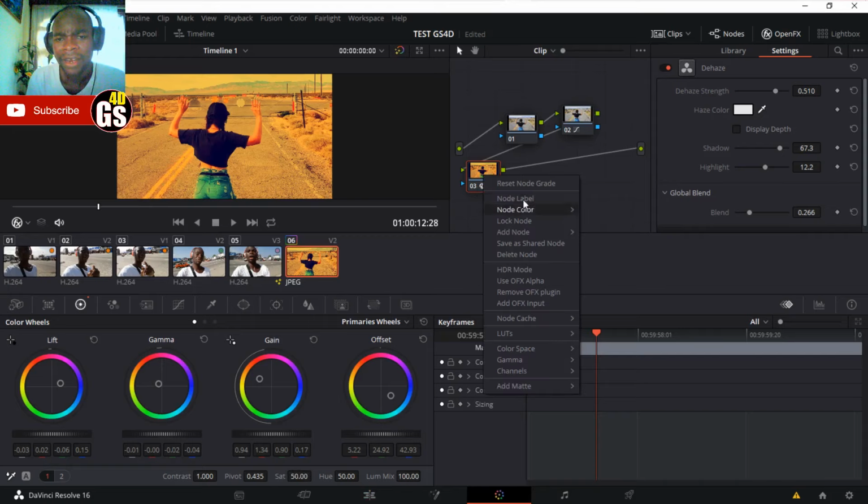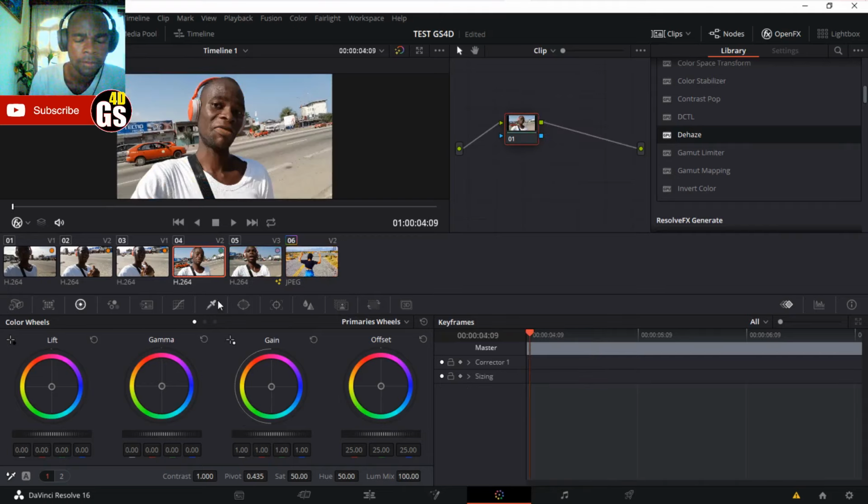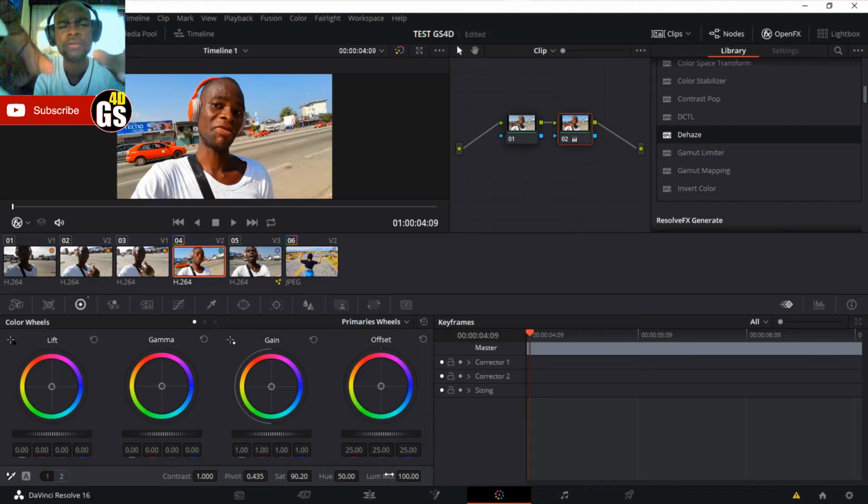You can also reset your beautiful nodes, and you can add directly here saturation, or you can choose this. This is like black and white. You can add a new node, add the S for your new node, select your new node like that, and add saturation. Ooh, look at that now, look at the change. This is why I like DaVinci Resolve more. There is so much precision in DaVinci Resolve compared to all other applications, all other software.